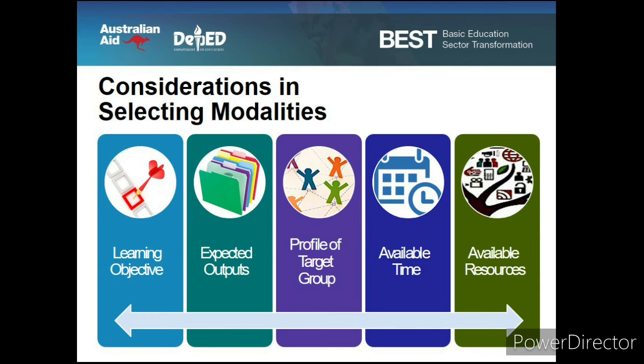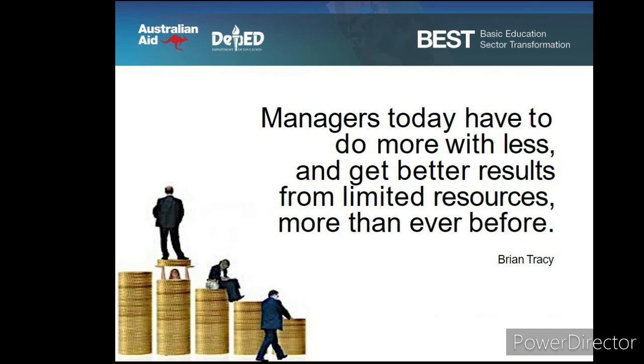Here are the considerations in selecting modalities as an intervention. Number 1 is the learning objective. Number 2, expected outputs. Number 3, profile of target group. Number 4, available time. And number 5, available resources. As we can see, the arrow is pointing to the left and right, which means that all of these things are intermingling with each other. They are all equally important. According to Brian Tracy, managers today have to do more with less and get better results from limited resources more